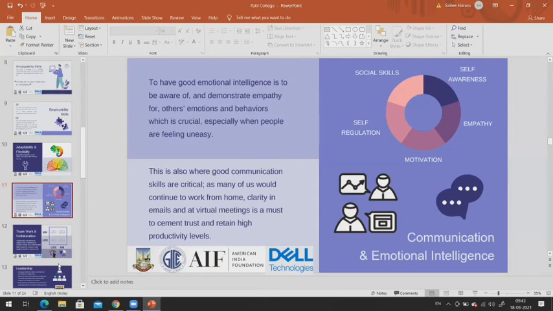You need to regulate yourself. You need to have social skills. How are you groomed in the organization? आप आपके co-worker से कैसे बात कर रहे हो, all of this is very important. So this is a skill which is also highlighted in the course, and this helps you achieve productivity and maintaining a strong relation with your employees in the workplace.